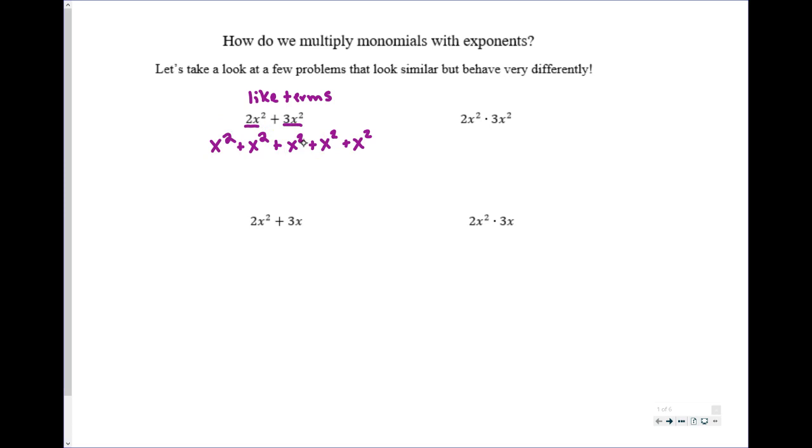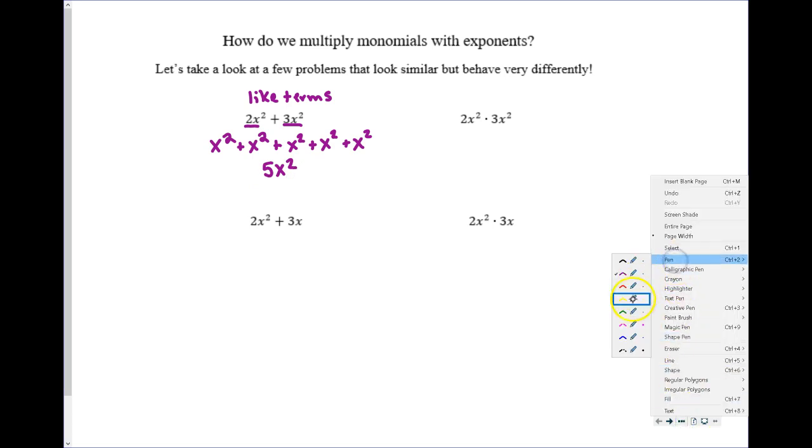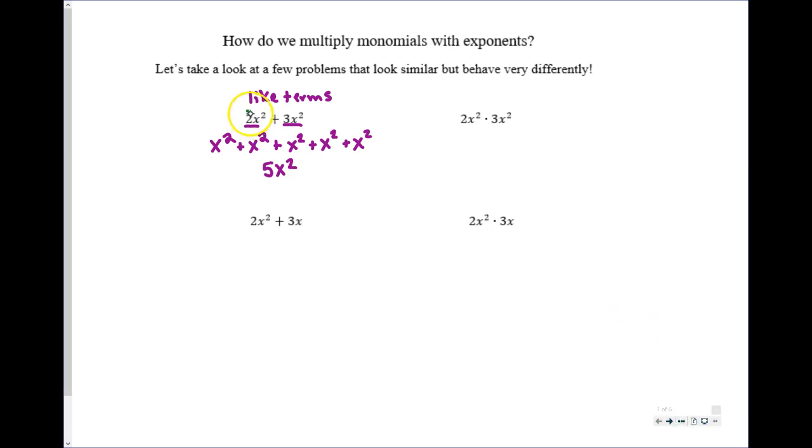So because I'm adding, I'm going to add those all up. So I've got 5x squared, which, if you guys remember from earlier lessons, that makes sense because when you add like terms, you just add the 2 and the 3 together to get 5. Okay, so that's the first type of problem we've done before, adding like terms and combining those like terms. Okay, so that's our first type of problem. All right,